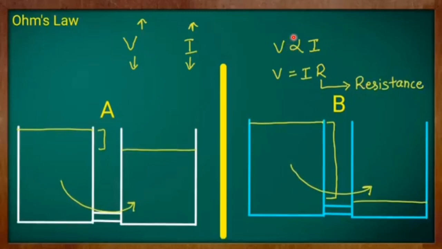Then, in all the classes, we have already learned that in order to remove the proportionality sign, we need to insert a constant, isn't it, children? Now, in place of the proportionality sign, I will write equals. When I write equals, I need to insert a constant, say capital R. Then what is this capital R? Capital R is called resistance. We have already seen this capital R, that is resistance, even while we were studying about the ammeter and voltmeter, isn't it? So there also we studied about the resistance R. Now let us learn about this resistance R after completing Ohm's law. Understood?